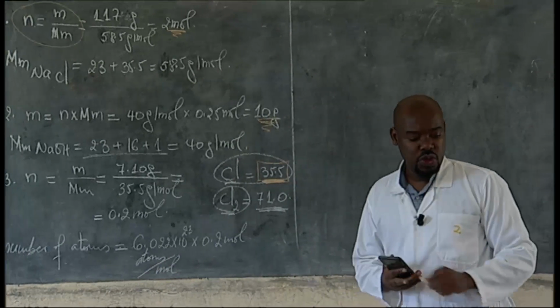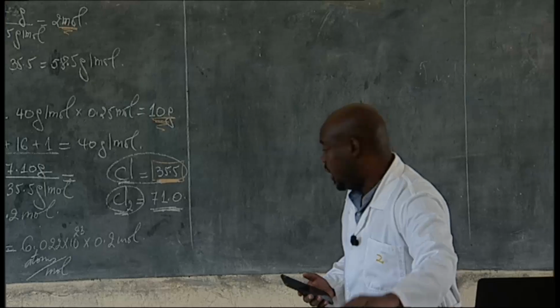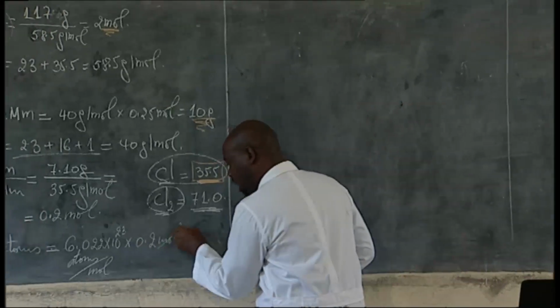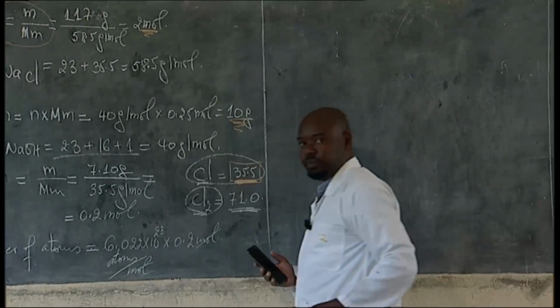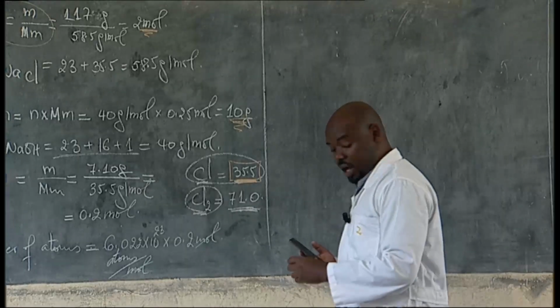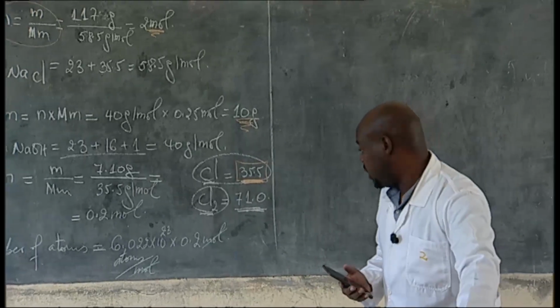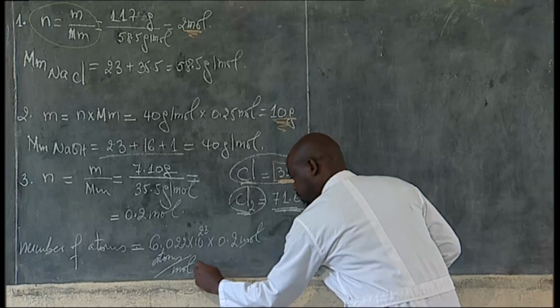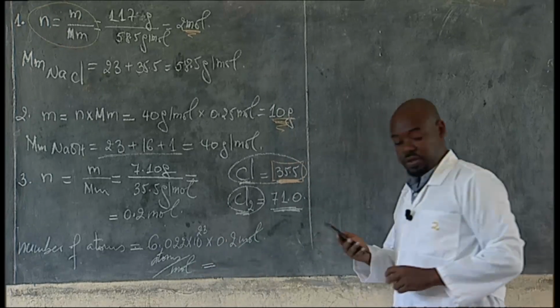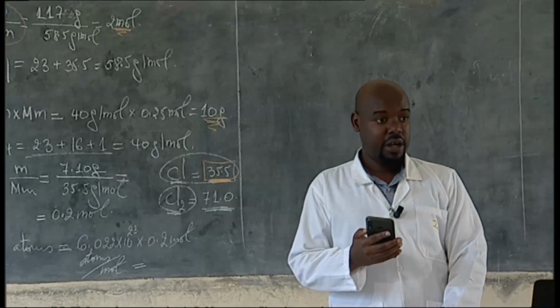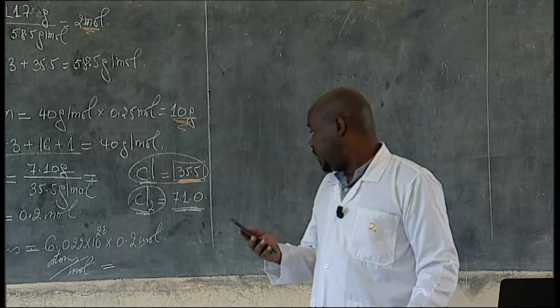And when we use atoms per mole, then the mole and mole will cancel out, and we get what? What we get will be the total number of atoms that will be given by, okay, we have